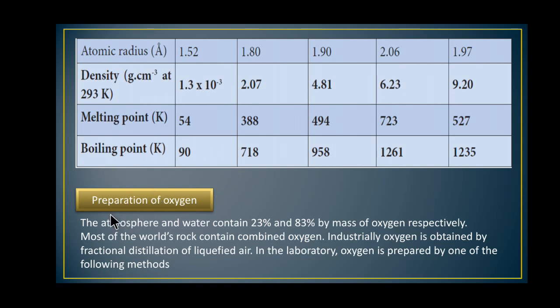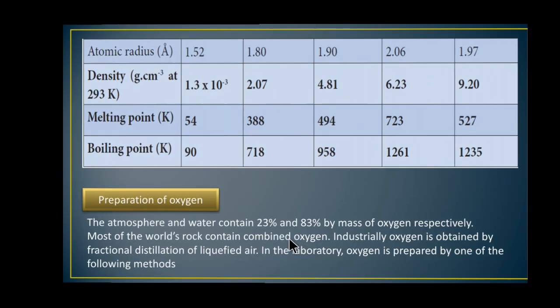Next, we are going to discuss the preparation of oxygen. The atmosphere and water contain 23% and 89% by mass of oxygen respectively. Most of the world's rocks contain combined oxygen. Industrially, oxygen is obtained by fractional distillation of liquefied air. In the laboratory, oxygen is prepared by one of the following methods: